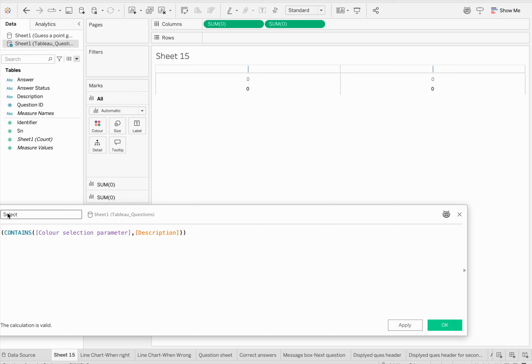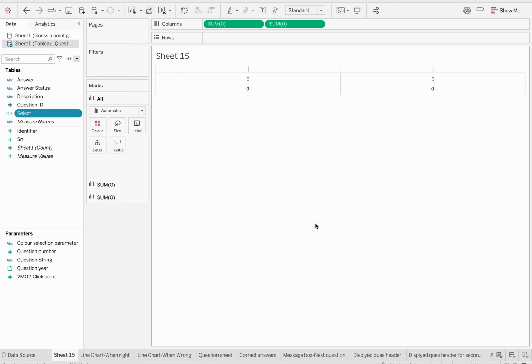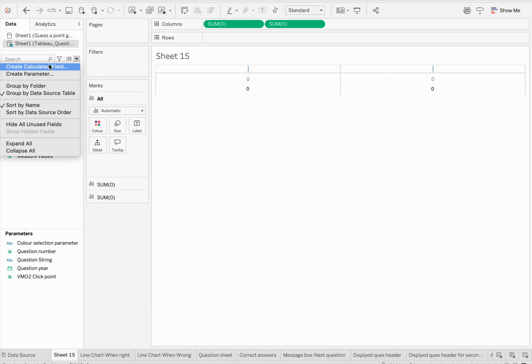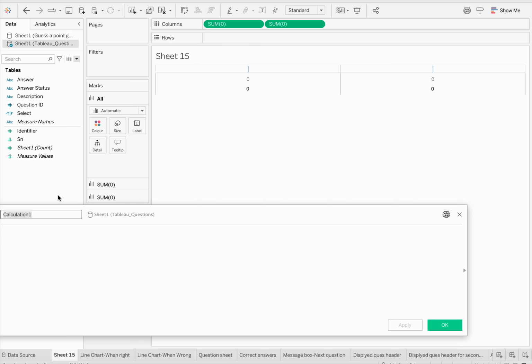So what this particular field does is this. When we select, it's going to check if our parameter, which is empty, contains the question, and it's going to return true or false based on that. So that's what that would do. And now we will create the one for highlights, which I showed earlier. So this highlights is going to contain this